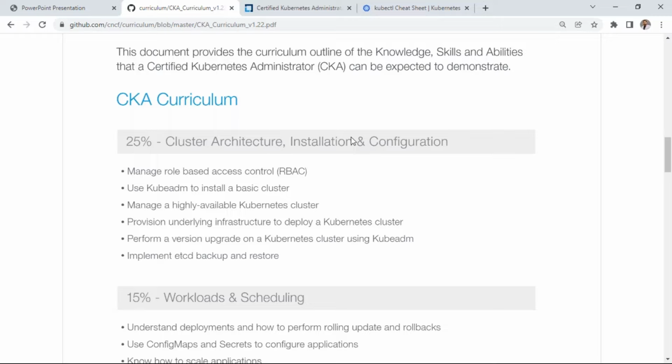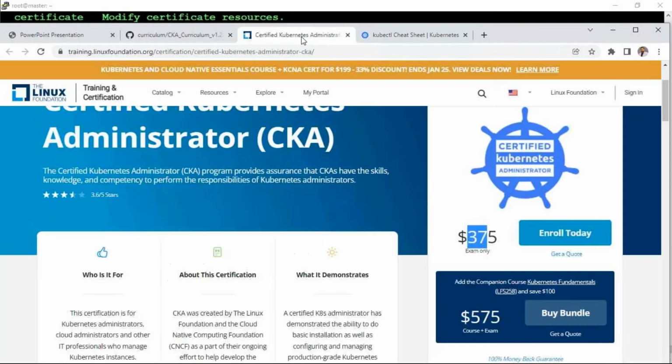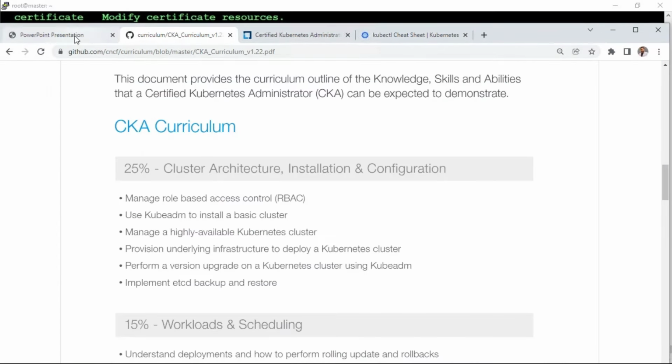Now the next question is, can you give me some sample questions? Can I go look at some simulator, right? There used to be an external simulator which was very popular, made by Kim, and what CNCF did was they collaborated with him, and that simulator is available for you for free when you sign up and buy your certificate. So when you buy your certificate, you go into your Linux Foundation training portal. Just below the link where you have to schedule your exam, you will find it, and if I can see it somewhere here,